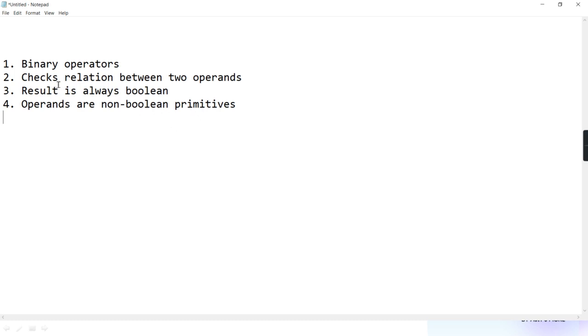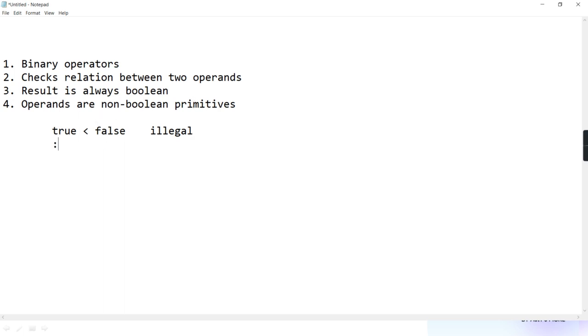All other primitives are allowed, meaning you can check the relation between an integer, float, byte, double, long, or character, but not between Booleans. If you write true greater than or less than false, it is an illegal operation according to Java, because you can check the relation only between non-Boolean primitives.